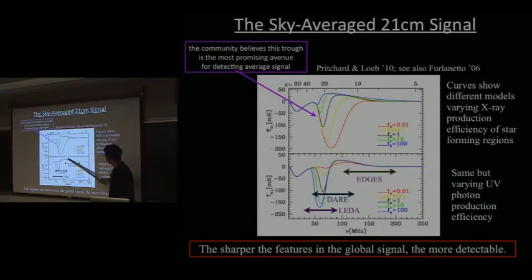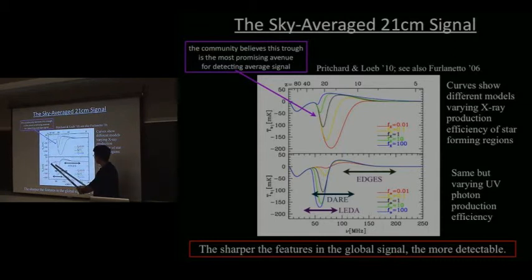But you can see that in frequency space, there's not a lot of structure that is expected. We expect that reionization takes an order of Hubble time. And so what that means in frequency is that the signal is spread out. And so it's unclear if you can separate this fairly smooth transition from the foregrounds. And so